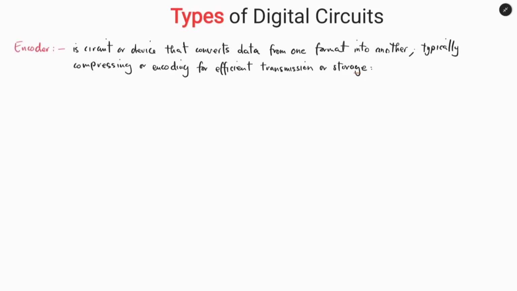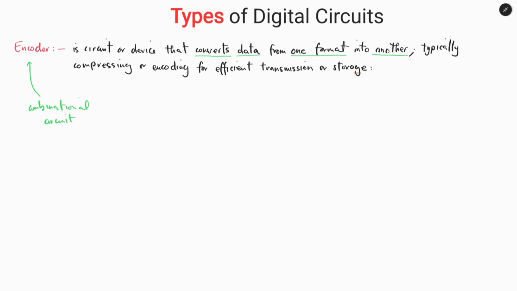In this video, we are going to look at a circuit or a device called the encoder. Encoder is nothing but a combinational circuit, and we know from our previous video what is a combinational circuit. The encoder is a circuit or a device that converts. The important keyword is convert, and it converts a data from one format into another format, and